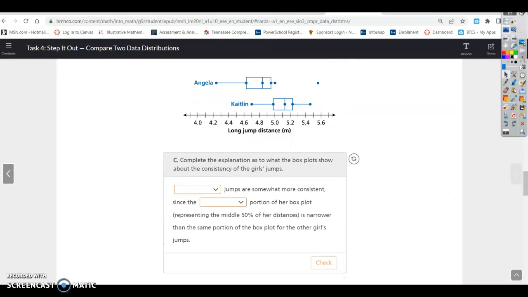All right, if you look here, you can see the box plots. You can see the interquartile range here for Angela is lower than Caitlin's. You can also see that it does have a higher range. You can also see that her one jump shows here as an outlier that's separated from her box and whisker plot. All right, it says complete the explanations as to what the box plots show about the consistency